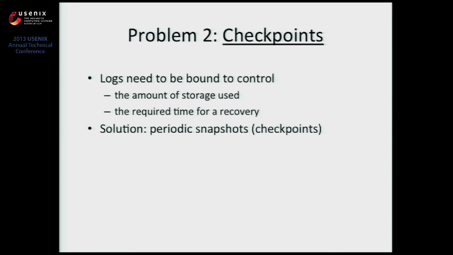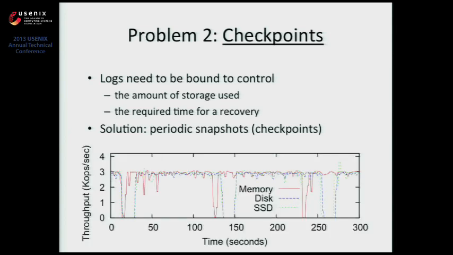So the solution is running some periodic snapshots. In state machine replication, in general, what people do is, for every 1,000 operations, you stop, take a snapshot, delete the log, and then proceed. And this is what happens with the throughput of this system. You can see that the first thing here is that there's a lot of perturbation due to the snapshots. The places where I do the snapshot, the checkpoint, are more or less obvious on the graph.